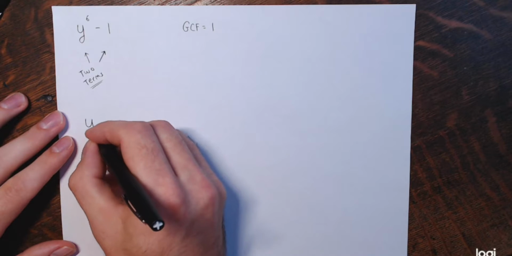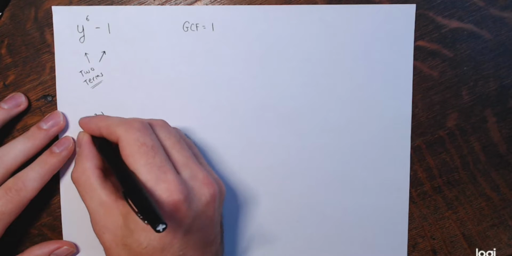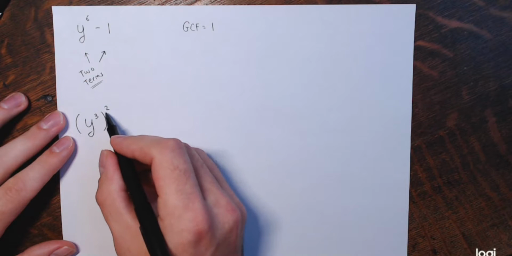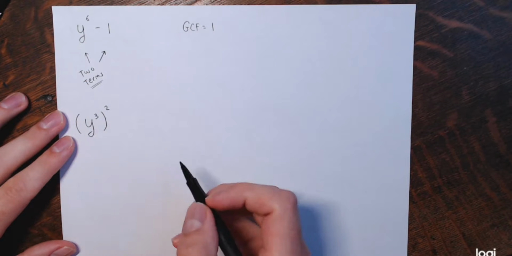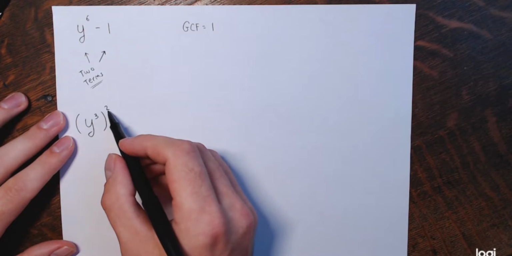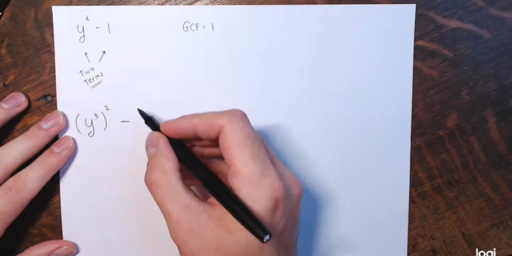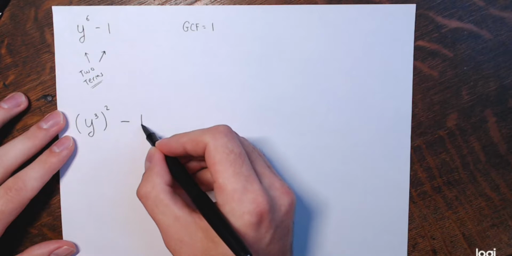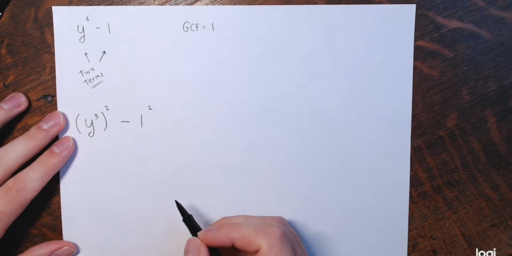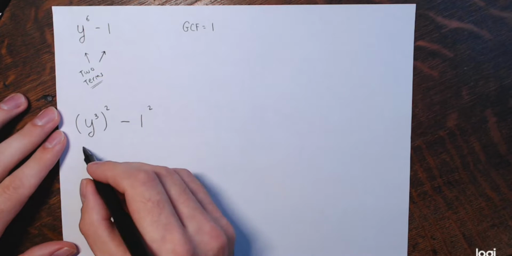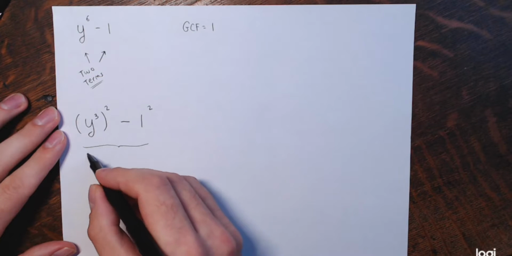I could think of this as a difference of squares. We have y to the 3rd squared. Remember, when you raise a power to a power, you multiply them. That's y to the 6th. So here's y cubed squared. There's a square. Minus, and then, like I said, 1 is just 1 squared. So you could think of it as a difference of squares